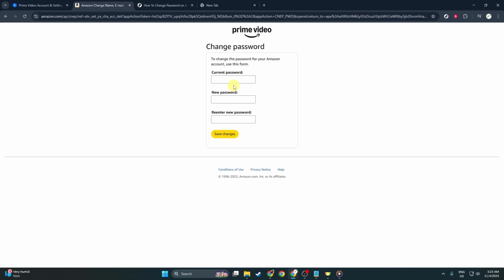Now comes the part where you can change your password. Enter your new password, making sure it's strong and unique. A good password should